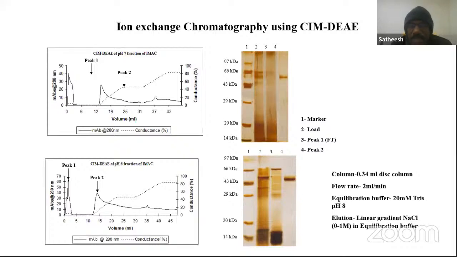The next purification step is ion exchange chromatography using SIMDEA. DEA is an anion exchanger, so it has affinity for some of the amino acids on the protein. We took the pH 7 fraction and the pH 6 fraction, which you can see here. We had a column, and this is a very traditional chromatogram. We do it using chromatography equipment, pass the sample through the column, wash it, and elute it. When we eluted it, you can see that there is a very